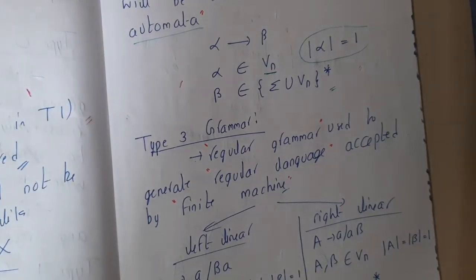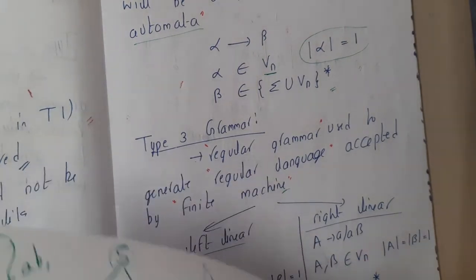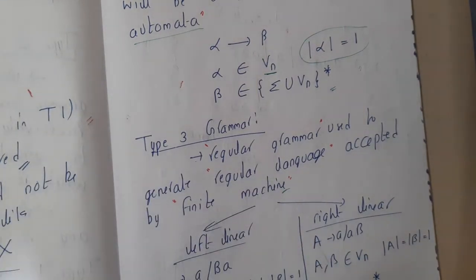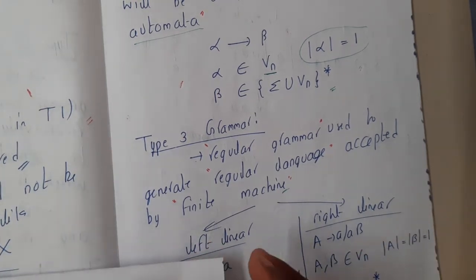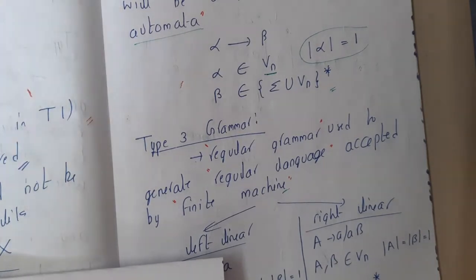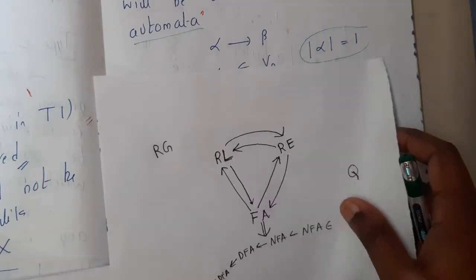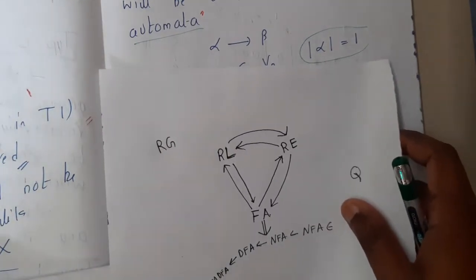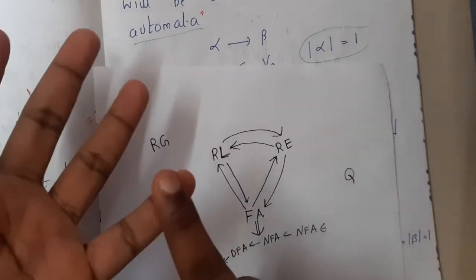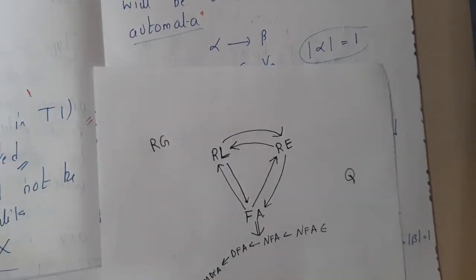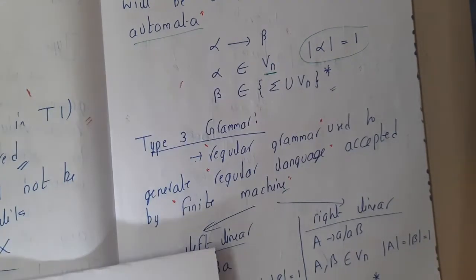Please concentrate for some time, and based on this grammar we will learn in detail about all grammars and many properties of grammars in compiler designing. This lecture will be the end of this particular grammar theory, and we'll complete the graph which we have started. We are going to connect this regular grammar to everyone. That will be the end of the grammar. But there are many things with respect to grammar, like ambiguity, various rules, determinism in grammar and many more things. All those things we'll be discussing in compiler designing.